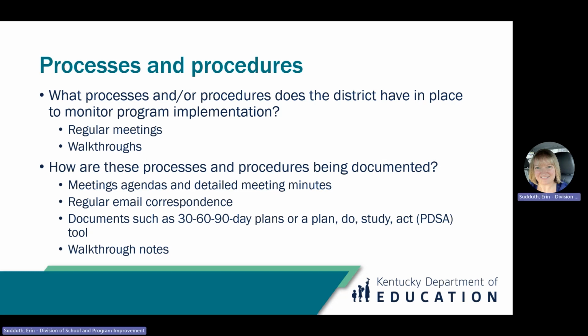The first example is regular meetings. How often are you meeting with participating schools to discuss their programs? Is it monthly? Is it every other month? Keeping a standing meeting on your calendar helps ensure that the meetings are happening on a regular basis. Districts choose to structure their meetings differently depending on what works for them. Some meet with all of their Title I principals at once. Others may choose to break the meetings down by the grade levels served by each school. And some districts may be able to meet with each school individually on a regular basis.